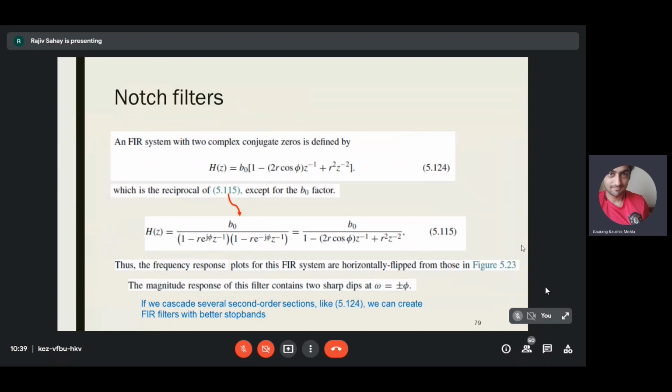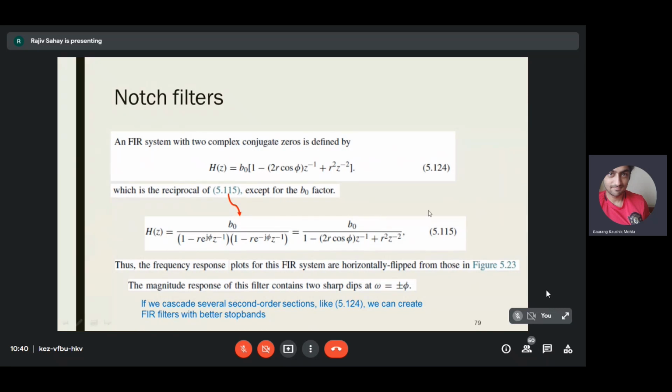So let us now talk about the reverse of the resonator. That means to build a filter which will remove a particular frequency or come close to removing a particular frequency. That kind of filter is called a notch filter. Why is it called a notch filter? Because if you plot the frequency response, it looks like a notch. How steep that notch is, that is decided again by the design of the zeros in the system.